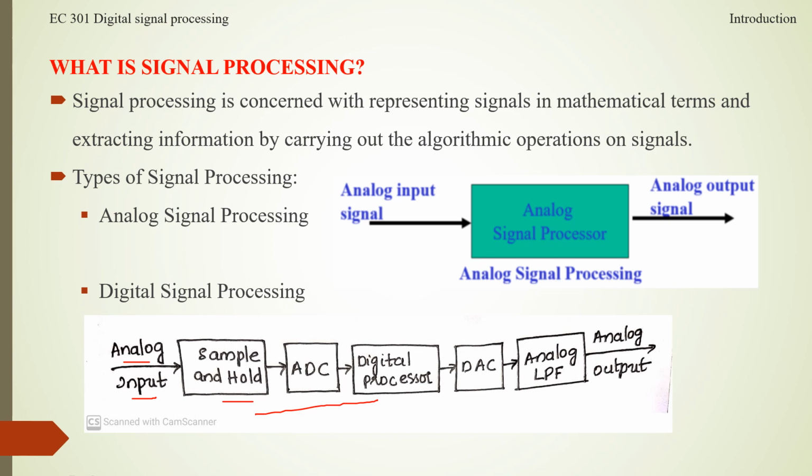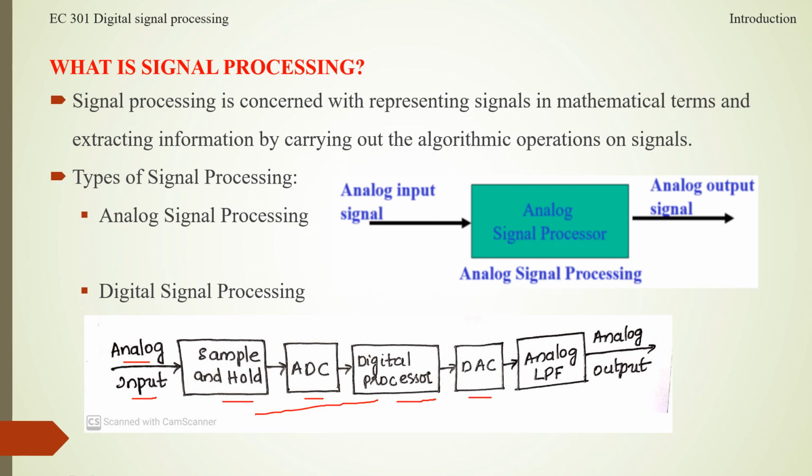Then after analog to digital conversion, we get a binary coded digital signal, which is then processed by a digital processor. The basic operations of digital processors are addition, multiplication, that is also a repeated addition, and recalling of past signals through delays. Then the output of the digital signal processor is given to a DAC, digital to analog converter. So the digital to analog converter converts a digital signal back to analog form.